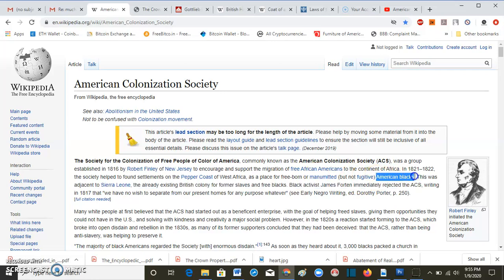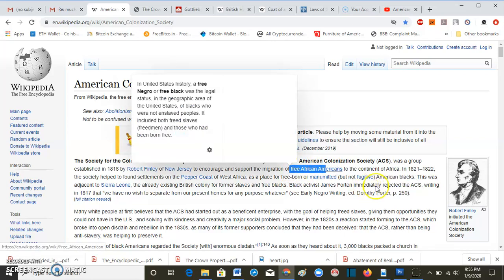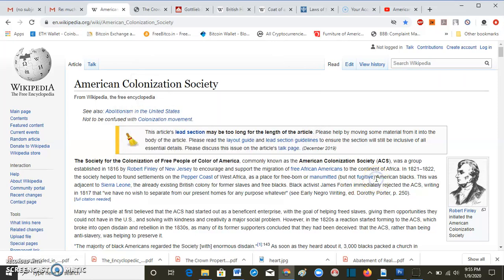So you see the difference here, right? They went from free African American to American blacks. Okay. Wordplay, people, pay attention. This was adjacent to Sierra Leone, the already existing British colony for former slaves and free